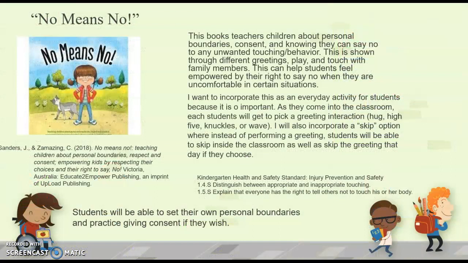My next book is No Means No by Janine Sanders. I've absolutely loved this book. I've used it in a lesson before. And it's basically about this little girl. She has different interactions with her parents, her brother, her grandparents, her aunt, that involve unwanted touching or unwanted behavior. And this can help students feel empowered by seeing her be able to say no to certain situations she's uncomfortable